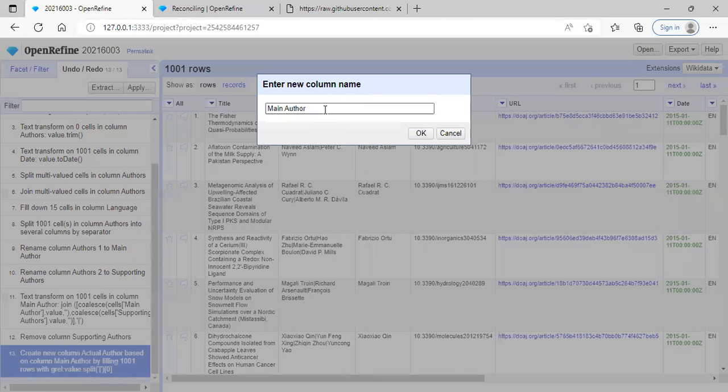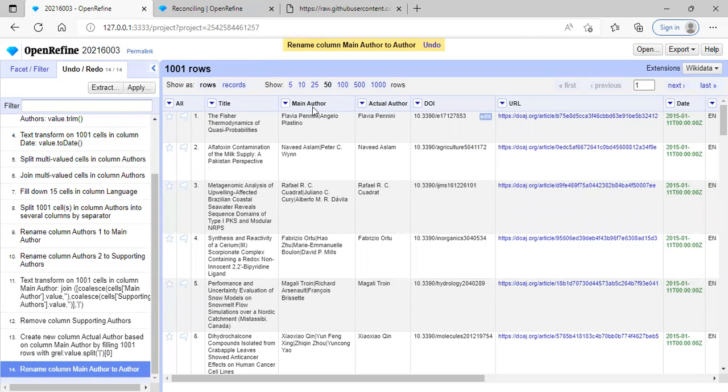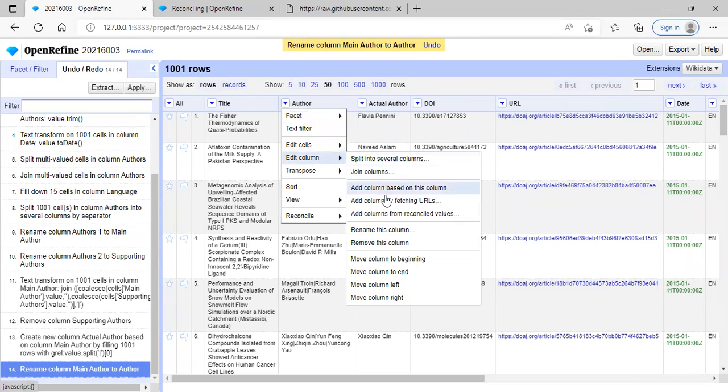We've already talked about renaming this column. I said we can rename this into Author. So we just press OK. You see, the main author has now changed to Author. Or edit column. We've talked about remove column. If you want to remove it,